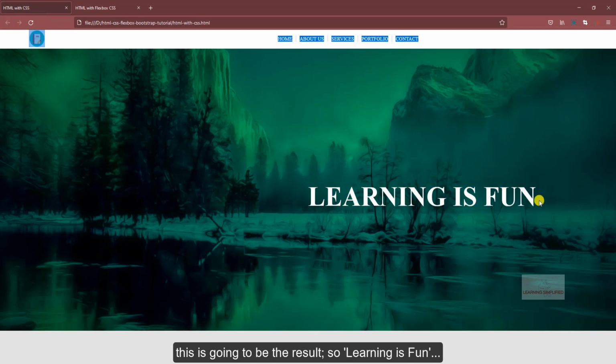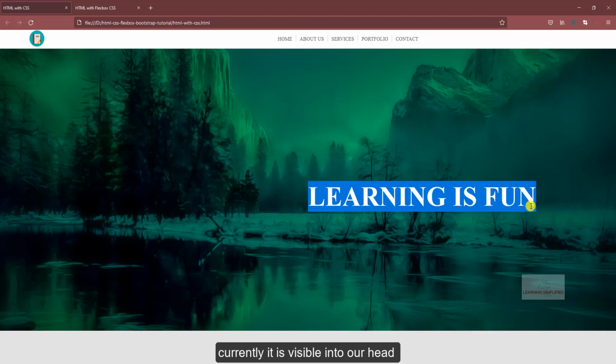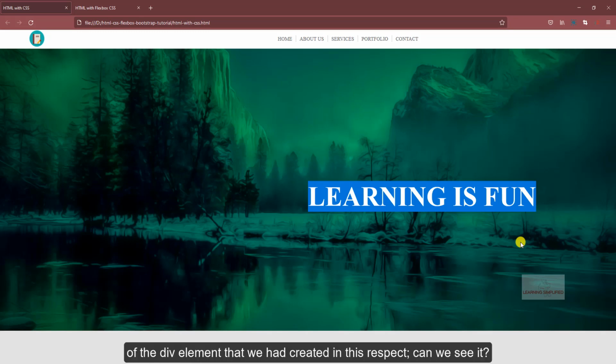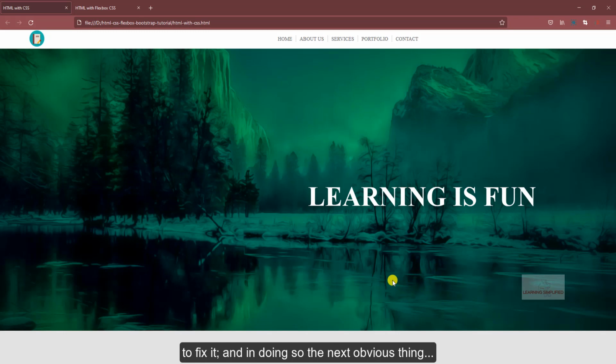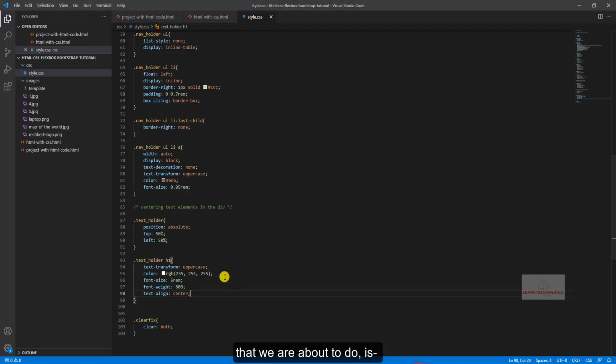So, learning is fun. Currently it is visible in our head display section, but it is not in the exact middle of the div element that we had created. Can we see it? It is practically leaning towards the right. So we need to fix it, and in doing so, the next obvious thing that we are about to do